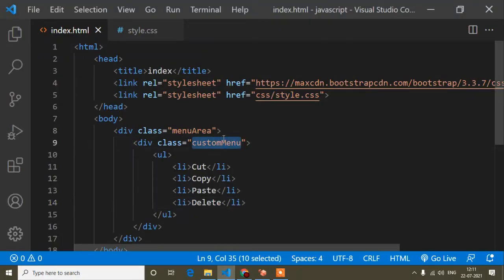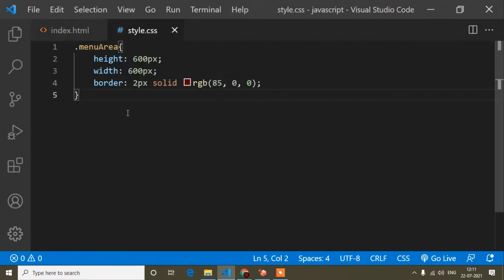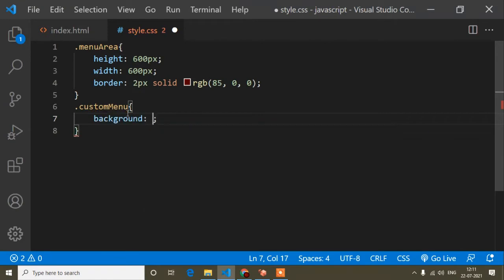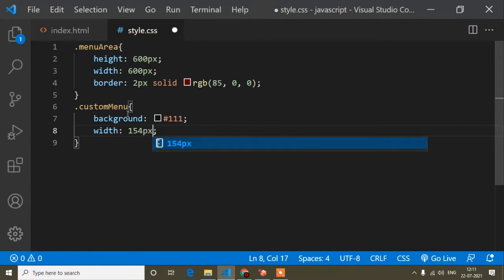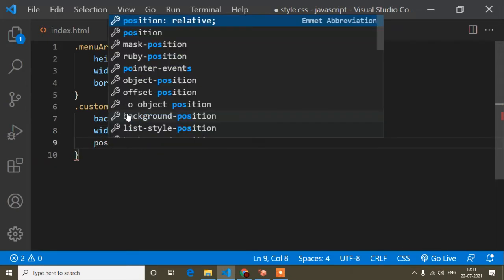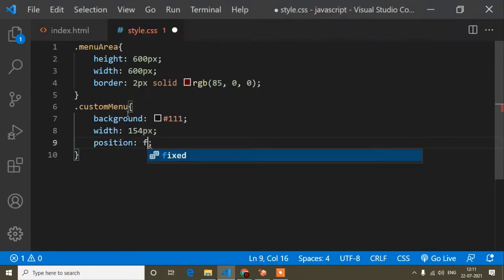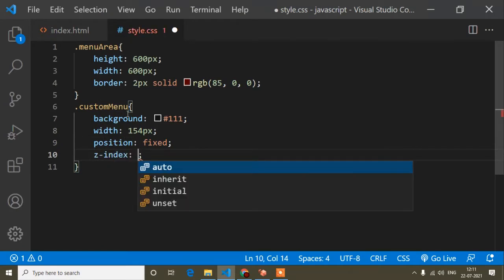Now I will add a little bit of design, and this menu will open when I right click. First of all I will copy this custom menu class, and here I will add the background color, this blackish color, and width is this one, position is fixed, and z-index is 1.